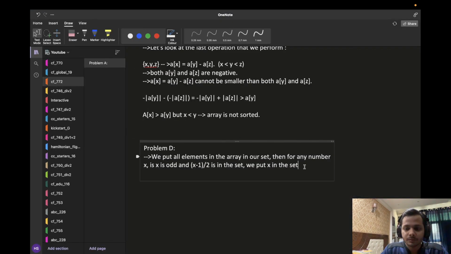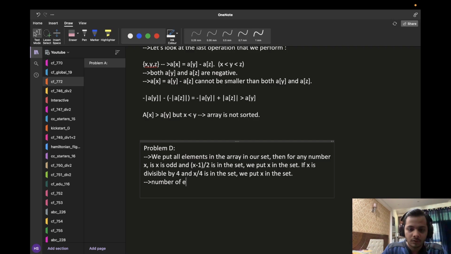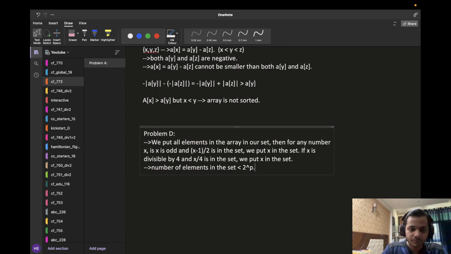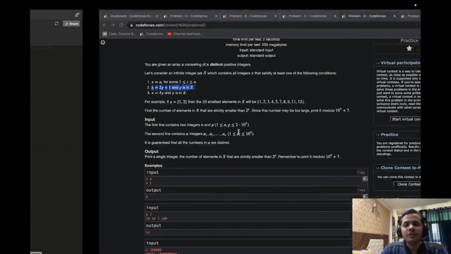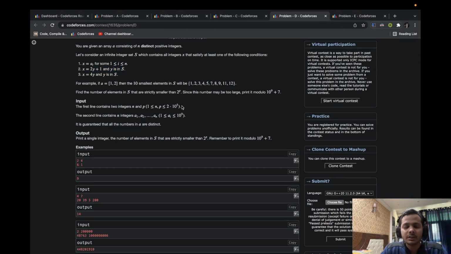Similarly, if x is divisible by 4 and x by 4 is in the set, we put x in the set. So we need to tell the number of elements in the set strictly smaller than 2 raised to the power p. So that's the problem. Now, obviously, the value of p is very large,